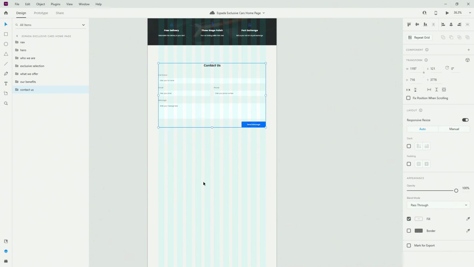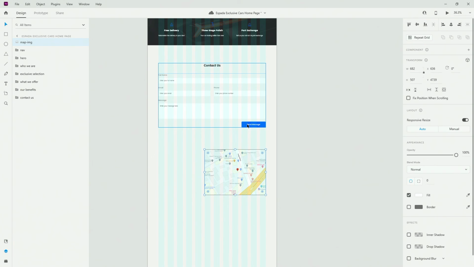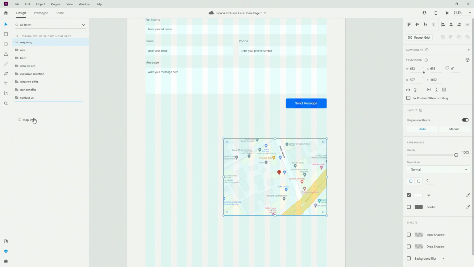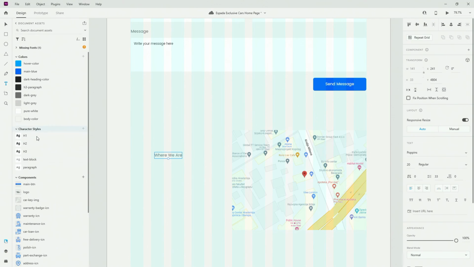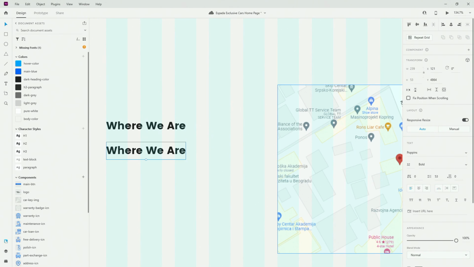So let's go ahead and create that contact map, or sorry, the map for where we are. So here we are going to go with 200 once again, nudge this down. So use T like this. I'm going to type in where we are. And for this one, what I can do is use the H2 once again and snap it to the edge right here. Control D to duplicate that, and I'm going to use the text block, for example,